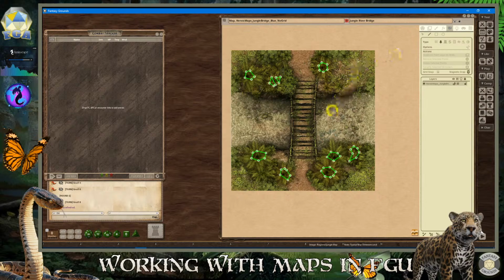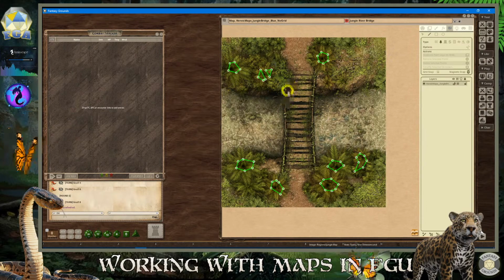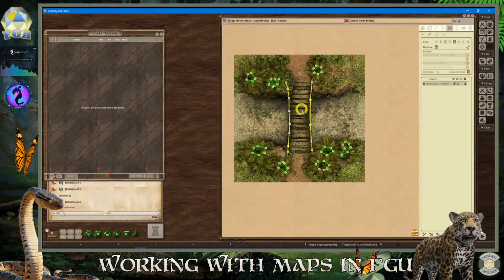The next thing I'm going to do is creatively use the window tool, even though this isn't a window. I'm just going to be in the line tool, and I'm going to go through and systematically put this on here for this bridge because it limits where the players can walk. They can't walk through the bridge, but they can still see. That's all I'm trying to achieve. I don't care if it's a window or not. I'm just trying to occlude it